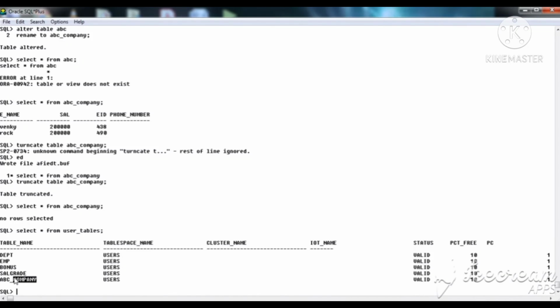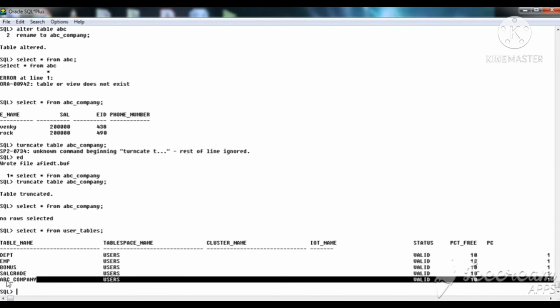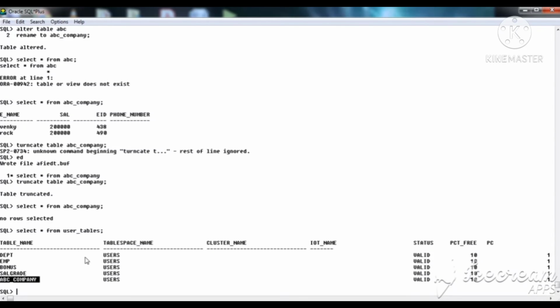ABC underscore company table is available but data is not available, that means there are no rows, it's just created. When you create a table, there are no rows in the table. Similarly, when you use the truncate command, the format of the table does not change.